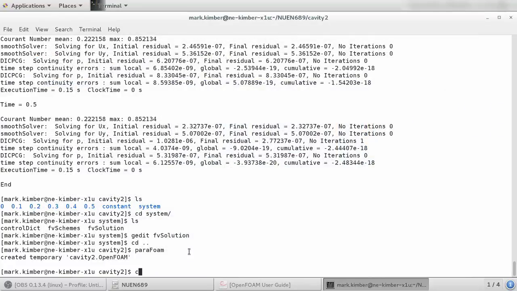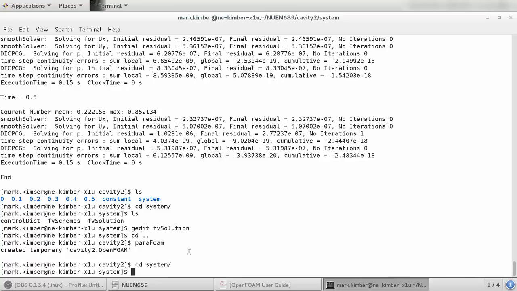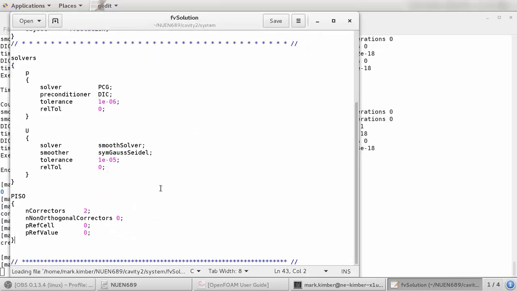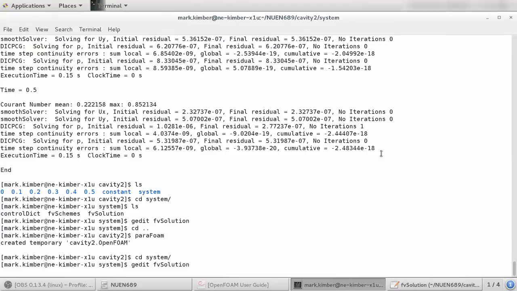So when we go back into the system folder and look at this fvSolution script, we're just arbitrarily choosing cell 0, which is going to be the bottom corner there, and we're forcing it to be a value of 0. If I change this to be 100, then it's going to take that same cell and assign a value of 100. So if we run this again,